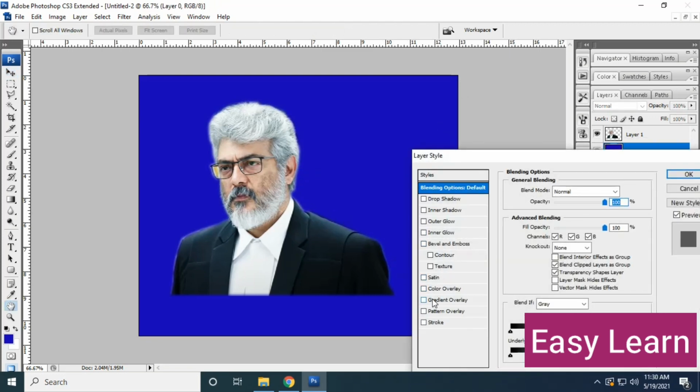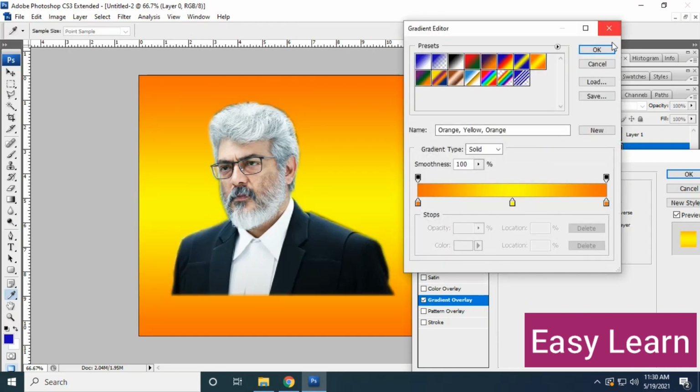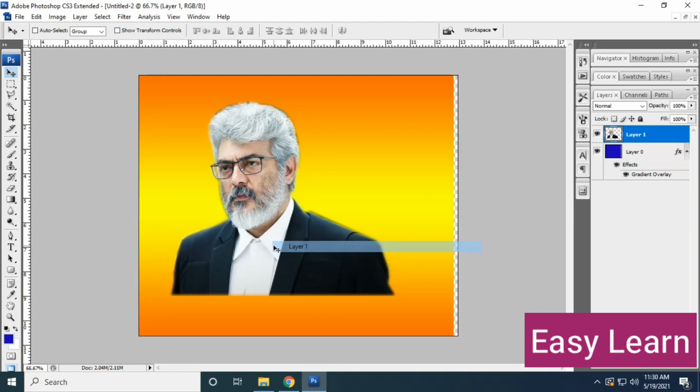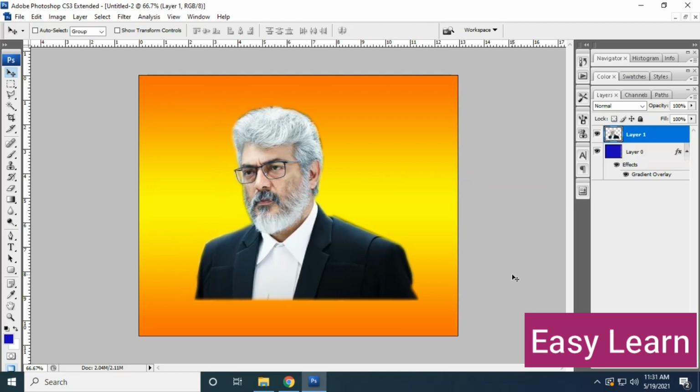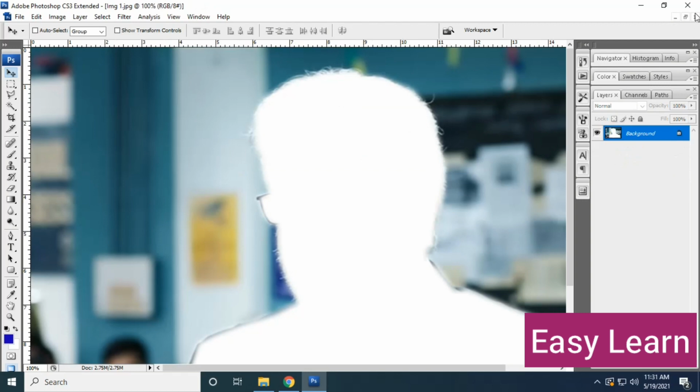I'm just applying a multicolor. For multicolor you have an option for gradient. You can apply the multicolor. Gradient is a tool which is used for applying multicolor. This is how most marriage albums are done, the marriage couples being separated from the background, which is replaced by a new one.